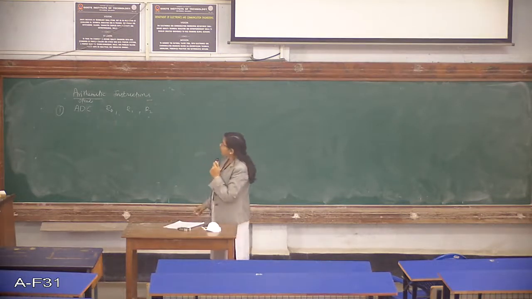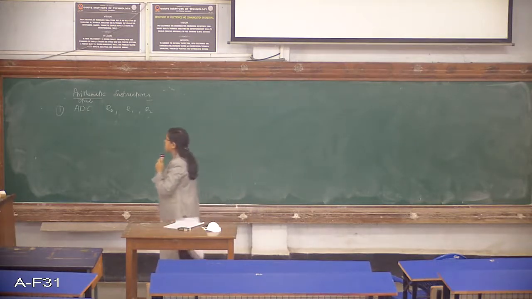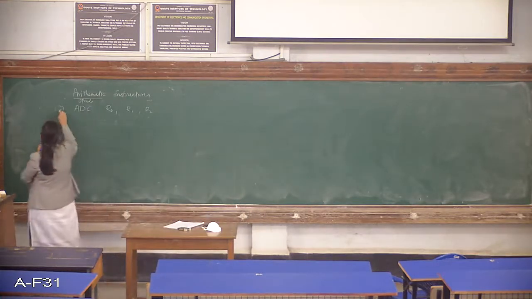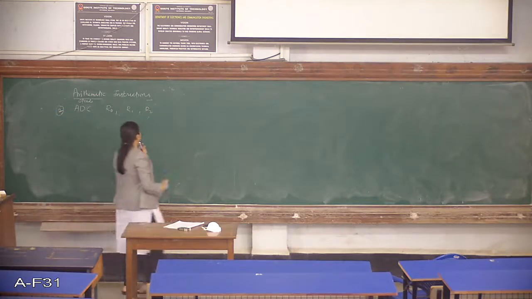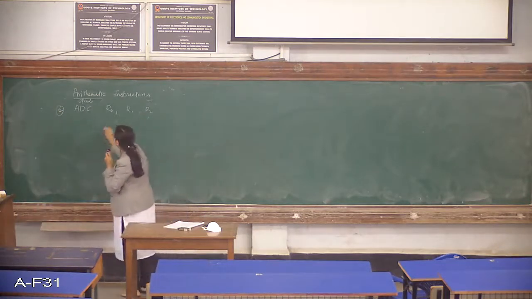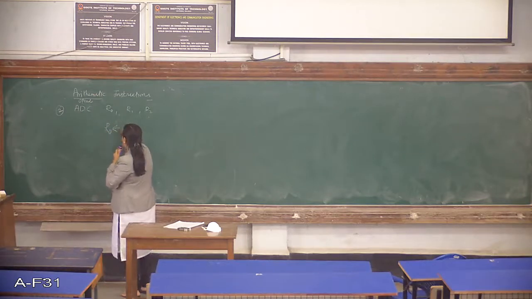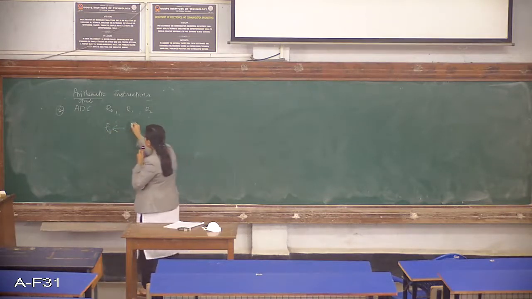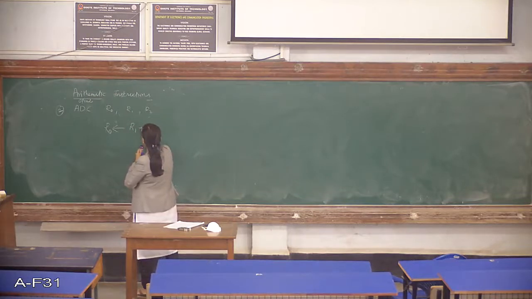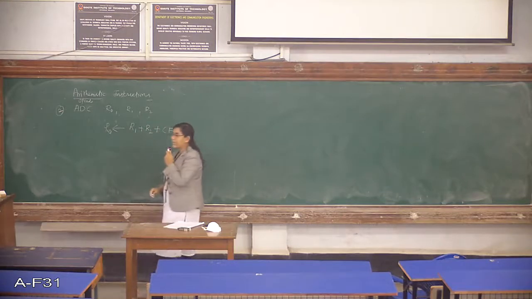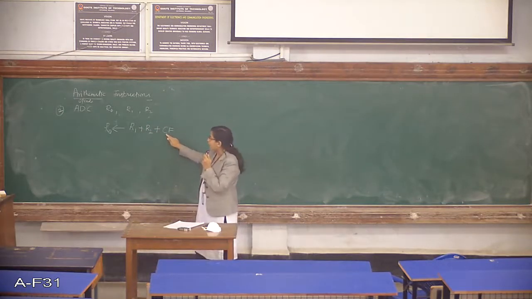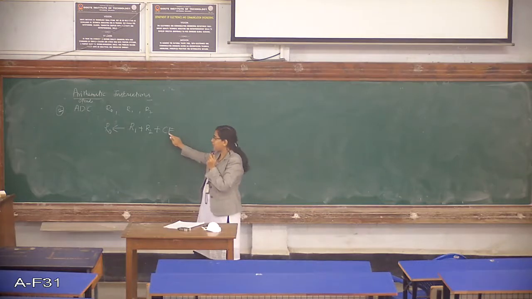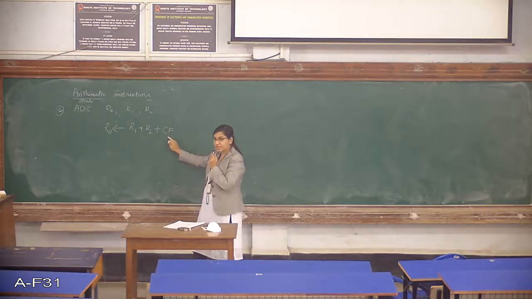So what we have as the next instruction is ADC. ADC stands for add with carry. So how exactly is this working? In R0, you will have the result of the addition of R1 plus R2, plus you are going to add the carry which is generated. So the carry flag, if there was a carry, it will be 1. If there was no carry from whatever you have done previously, that means it is 0, it will add 0 to it. If it was 1, it will add 1 to it.